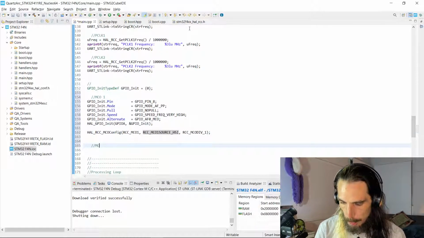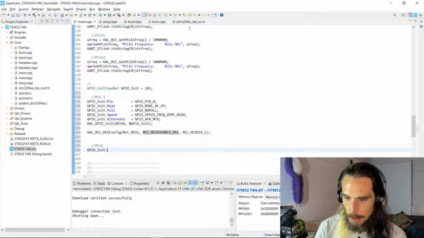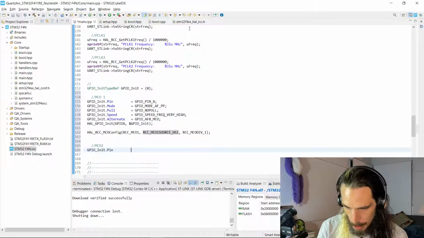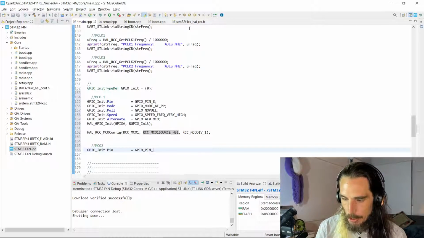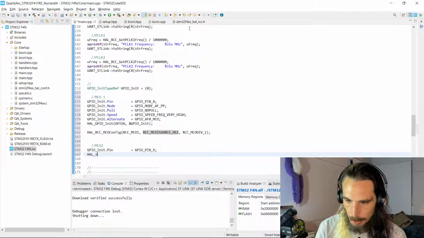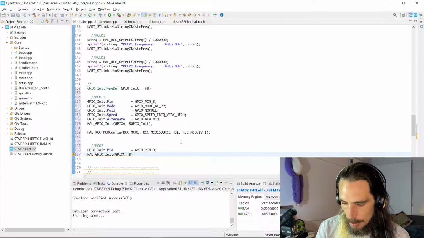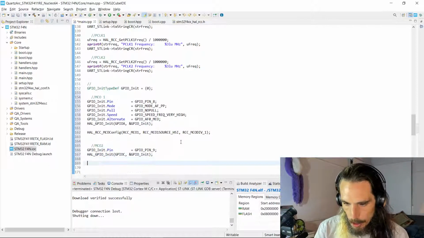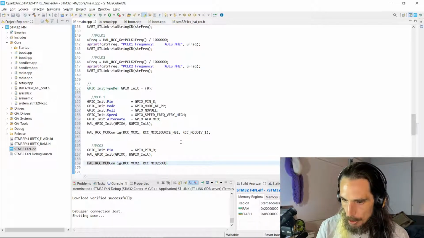Let's go with MCO2. The pin for that one, I believe that was C9 that we were looking at. So we'll go GPIO pin 9, HAL GPIO init. I'm not going to do all of the other settings as well because those settings are going to stay the same as what we've got for the first pin. And GPIO init, like so, and then we can go HAL RCC MCO config, RCC MCO2, RCC MCO2 source,